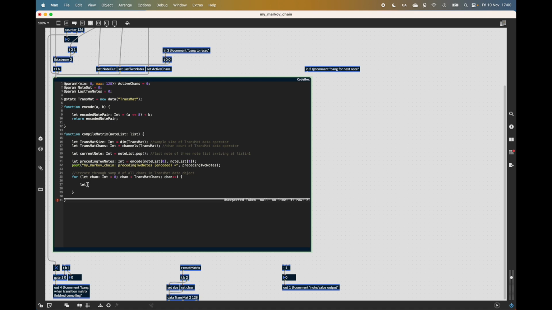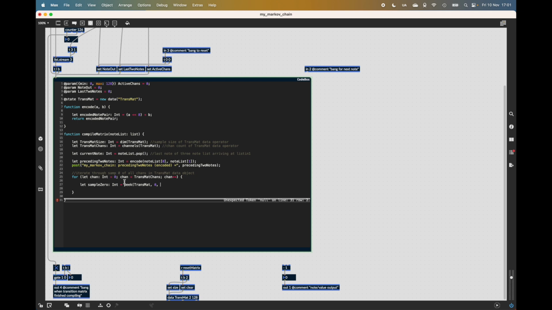So we're going to do let sample 0, which we want to be an integer, equal peak, and this is the peak operator to have a look at what is happening inside our data operator, which references our data object. Out here we're going to peak at transmat, we're going to peak at sample 0, and then